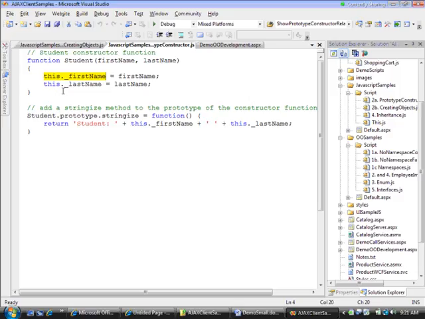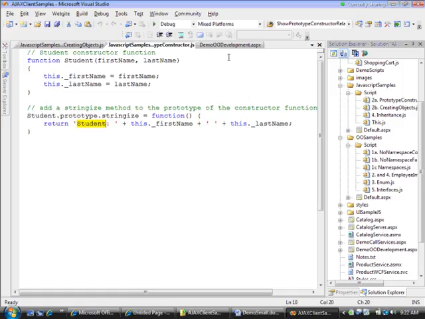Then whenever I create an instance of this, I have access to these fields. Next, I'm adding a function called stringIze to the prototype of my constructor, and then adding the implementation. In this case, I'm just returning student and then appending the first name and last name fields to that. So it's a pretty simple